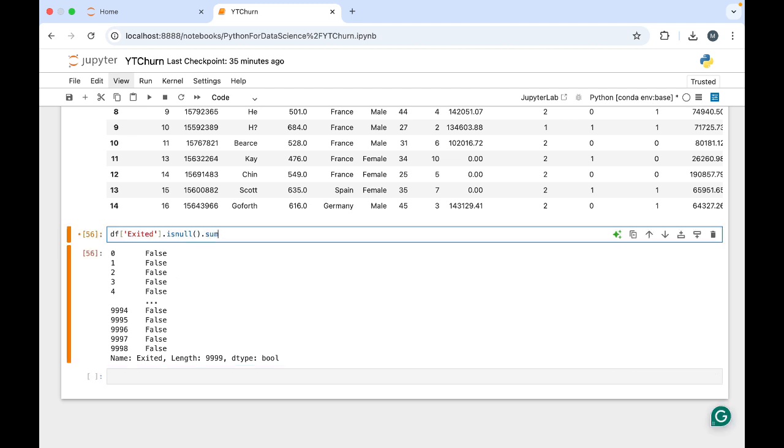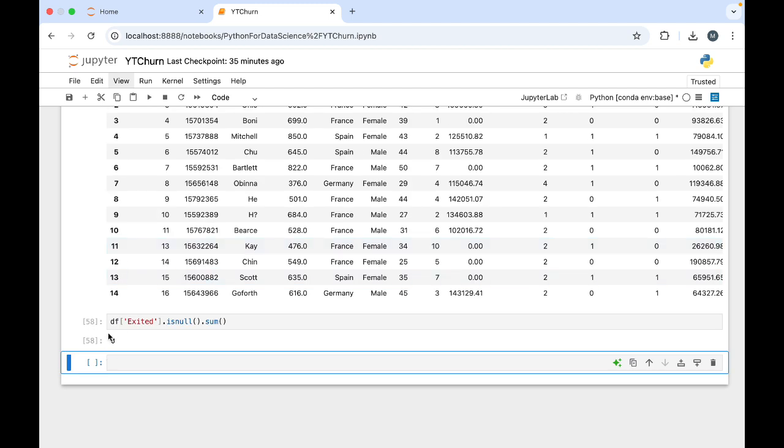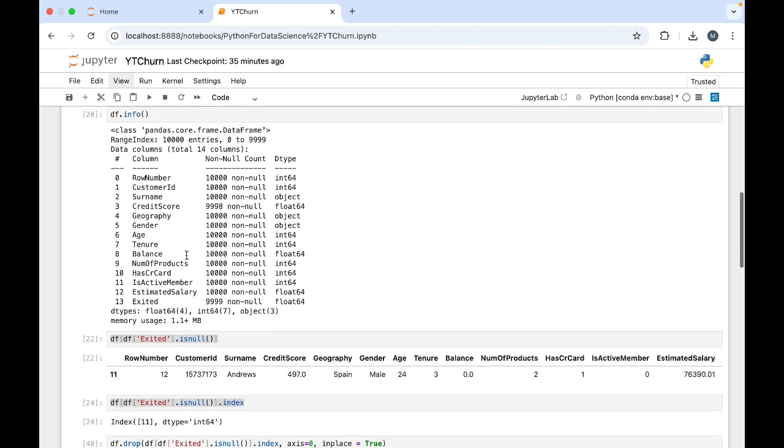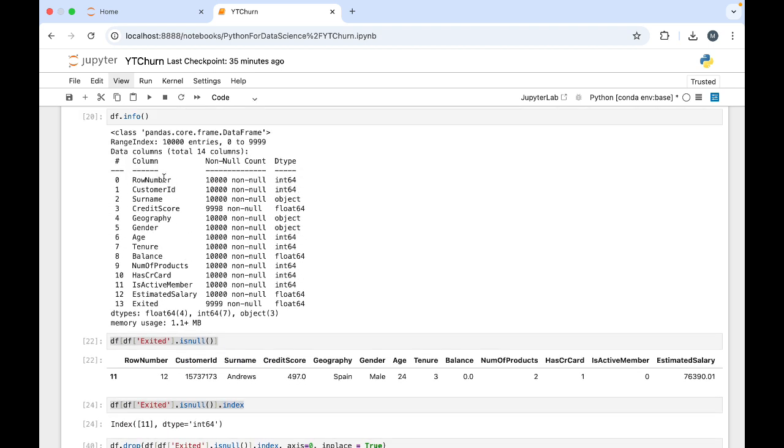So it's simple, we just take the sum, right? We have learned these things also. It is showing us 0, which means in that Exceeded column there is no null value present, okay? So now, as we were seeing in this info, when we viewed things,